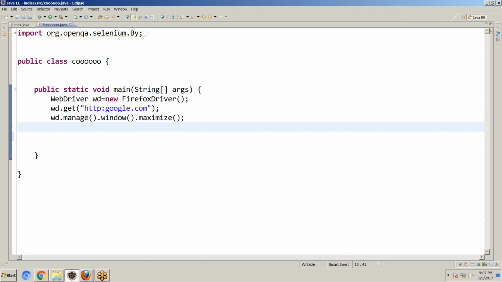Third concept: how to get the title of the page.